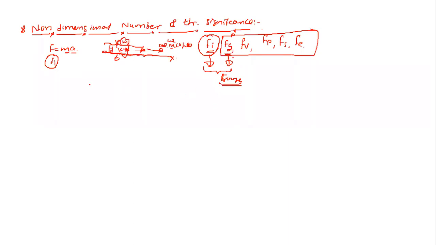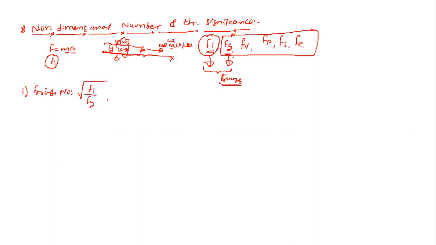How they have established? So that first non-dimensional number I would like to go for, it is a Froude number. So how that Froude number used to be there, or what is that? So Froude number is a ratio of square root of inertia force to the gravity force. Means I would like to go for a Froude number as a ratio of square root of inertia force to the gravity force.